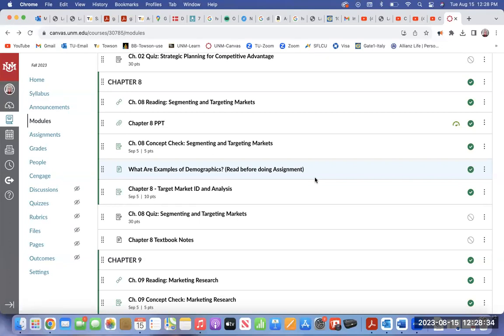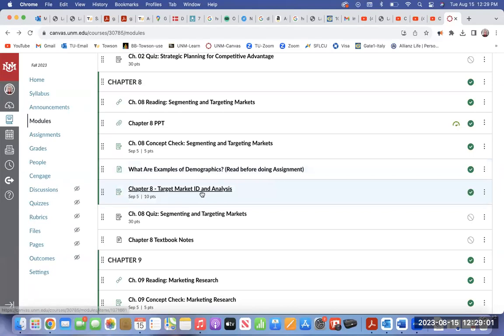So we can then look at, okay, what about ages? Are we interested in different age groups? Are we interested in education levels? So we can segment in a lot of different ways. And the book goes into a lot of different ways of segmenting and variables used to segment. And I want you to use that information when you answer this